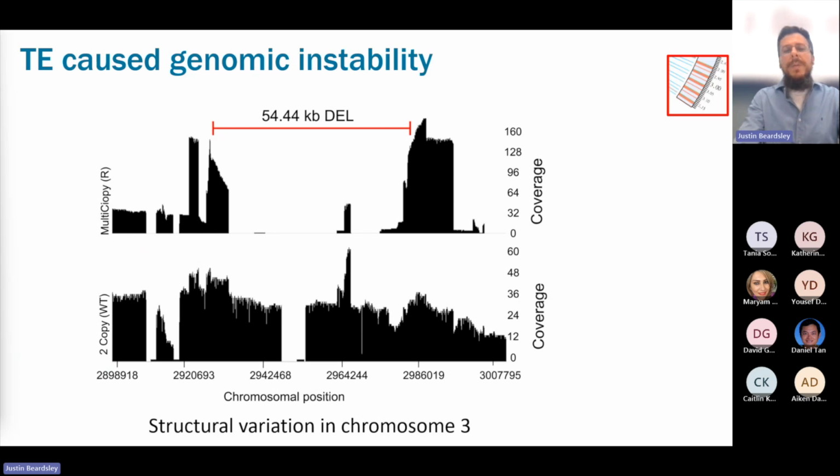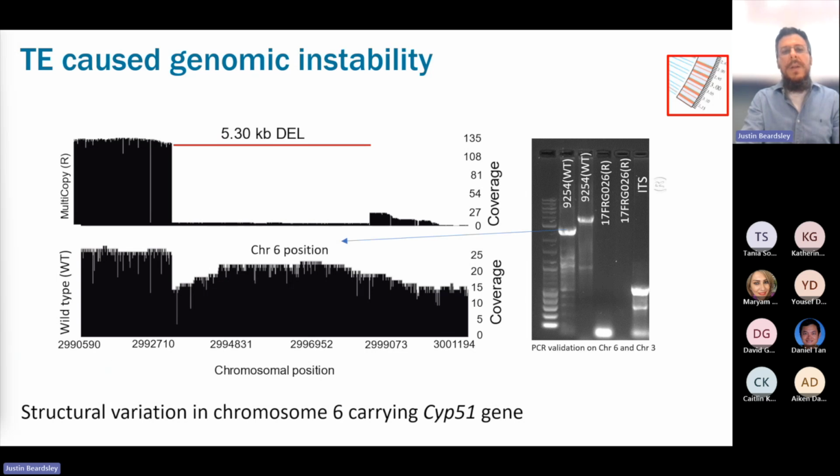Now, this is all over the place. You can see deletions, bigger, smaller, but this movement of these transposing elements is leading to this instability. So the organism is trying to compensate for this by deleting some sections or some functions of the genome, right? The interesting thing here is that these deletions don't seem to be affecting the fitness of the pathogen or their ability to resist different stresses.